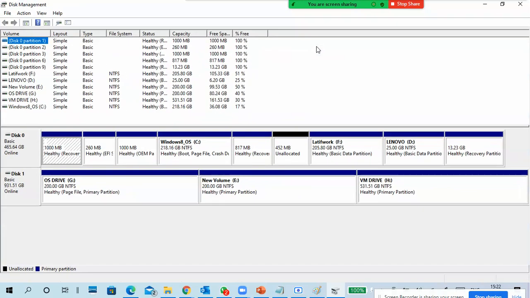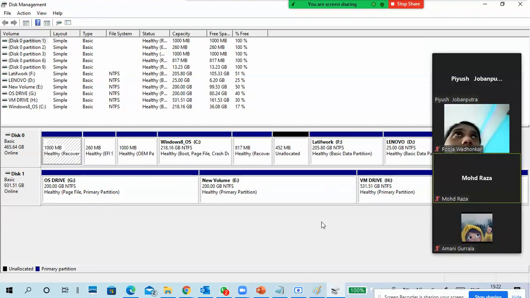Very simple. If you don't get any point, please stop me and ask me immediately, so then I will clear that point. Okay. See, this is my disk 0 and disk 1. And these are the different partitions of each disk. Like here, only 3 partitions I made. But here, lots of partitions are there. I didn't do it, but it is already made. Okay. So that is a partition.